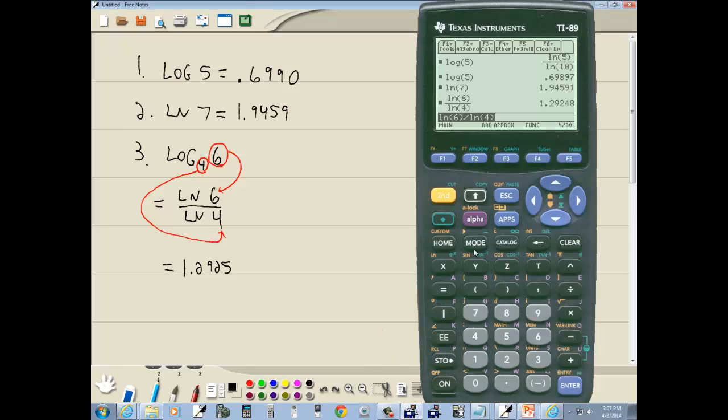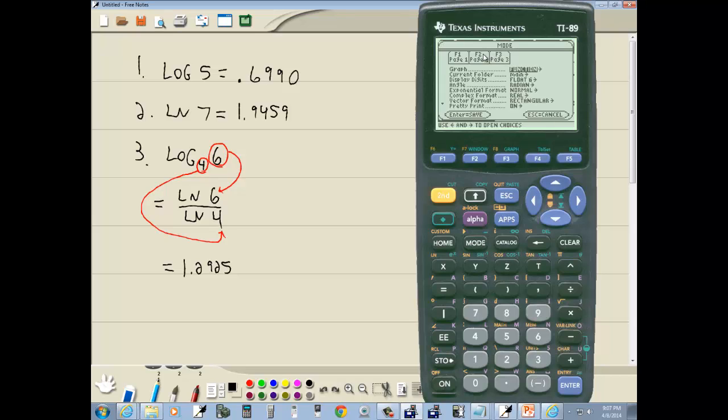You probably want to set it back to your setting under the mode. So if you press mode again, and we'll do F2 to go to page 2. If you down arrow to the approximate line, do a right arrow, and choose 1 for auto, and then press enter, that'll set it back to what it was. And now if I were to do this,